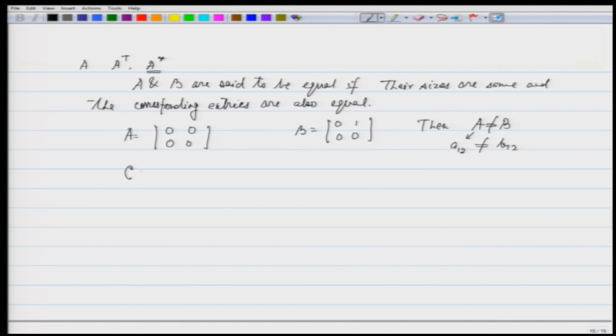Similarly, if I write a matrix C as 0 0 0 0 0 0, then A is not equal to C as they have different sizes. So, even though both the matrices are 0 matrices, their sizes are different and hence they are not the same. So, you have to be careful when you say that two matrices are equal, it means that their entries as well as their sizes